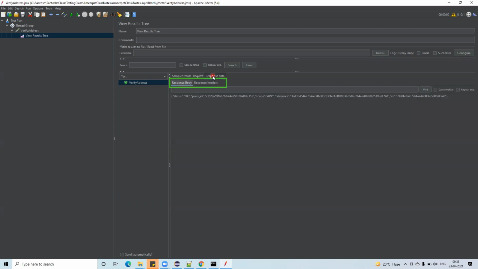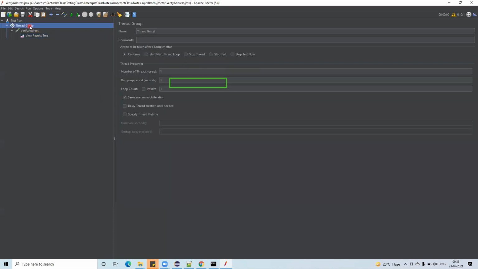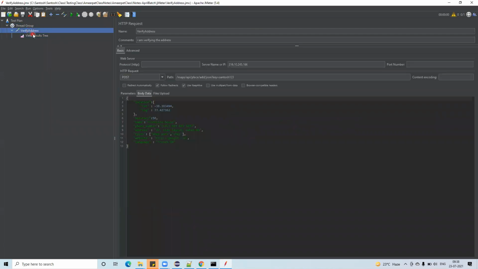Now when I click on the response, I am getting the response body and also the response headers. If you notice HTTP 200 OK, normally we verify that for APIs. And when it was done, what server it is using, the timeout, and the maximum time, all the information we get there, we get the same thing here. This is all about this one. Am I clear so far?